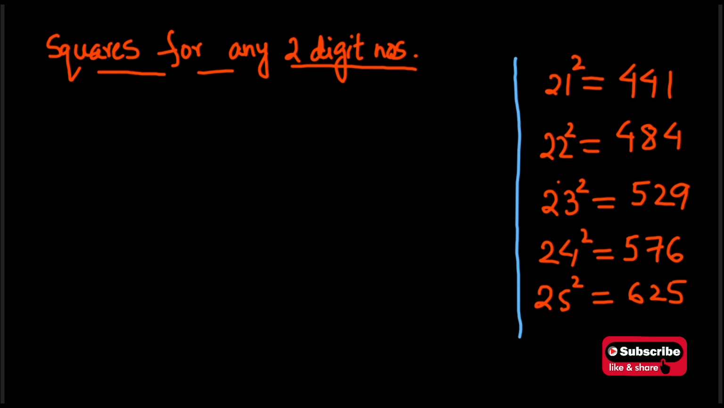I hope you all get it, how we are going to calculate the square. But for your speed purpose, I request you to remember up to 25 square, from 1 to 25 square, and then you can easily calculate the square of any two-digit number. Okay, let's say 27